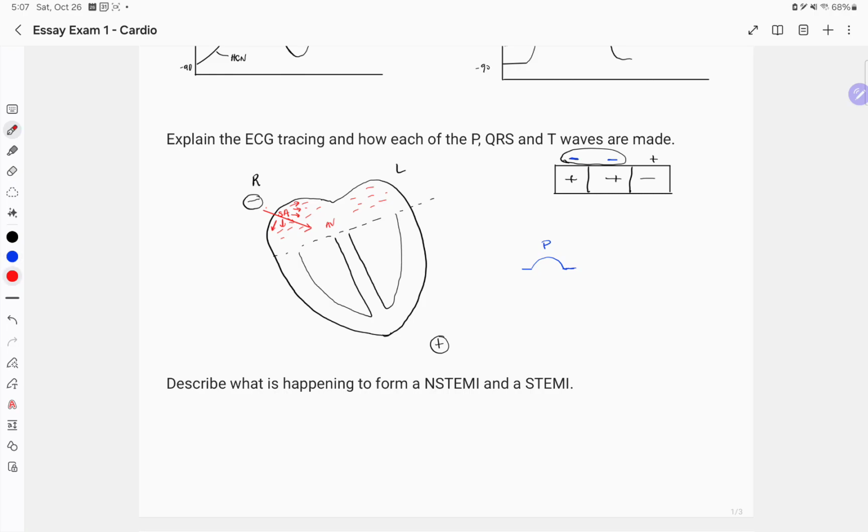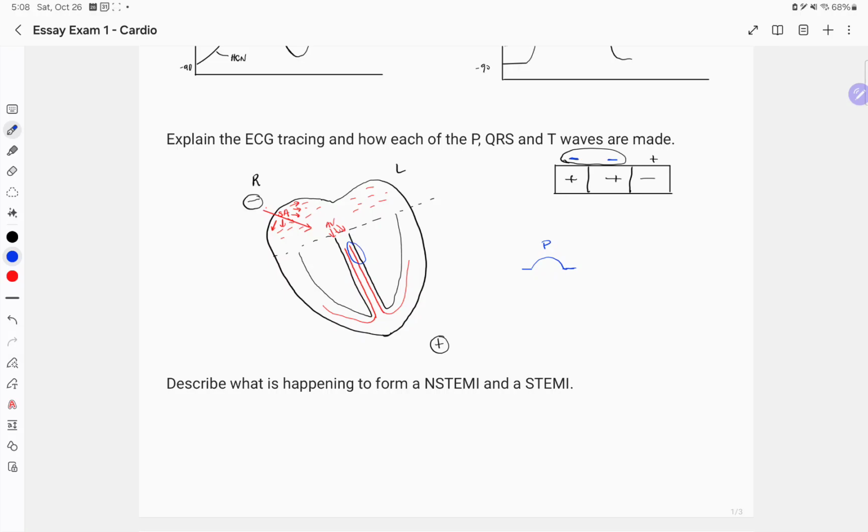And then the AV node is going to begin to propagate. It's going to send these charges out, and these charges are going to reach these bundle branches. So we have our left bundle branch running here along the intraventricular septum, and then we have the right bundle branch on the other side. Okay, and those bundle branches are going to reach what we call the Purkinje fibers that are going to run up either side of the ventricles. Okay, but first we have these charges that are going to depolarize this region right here,